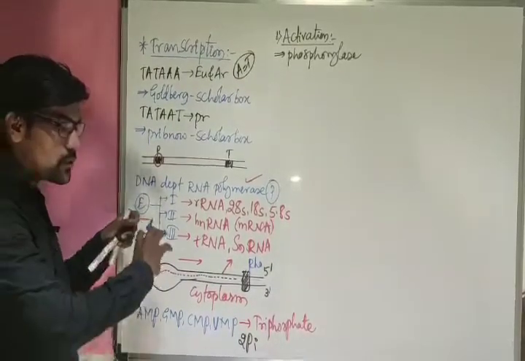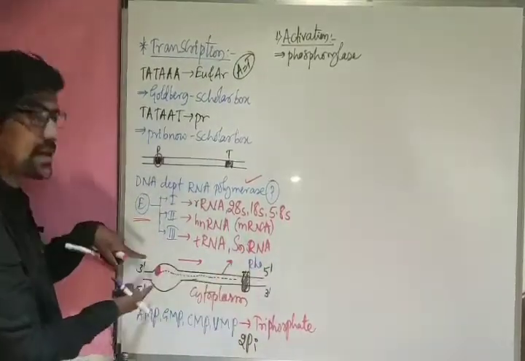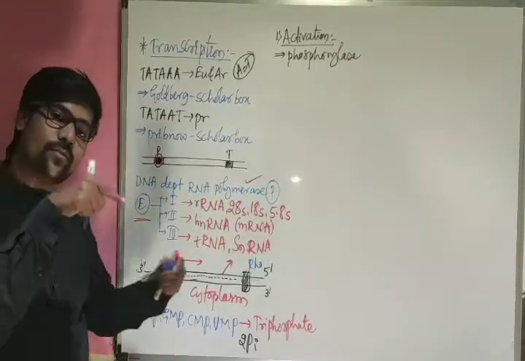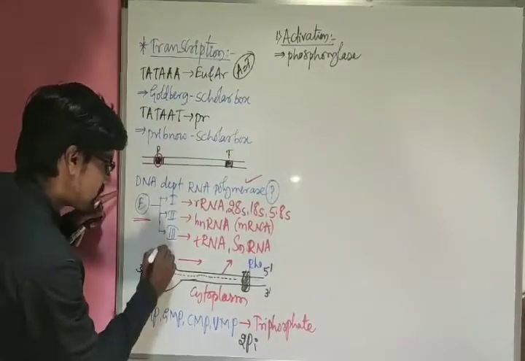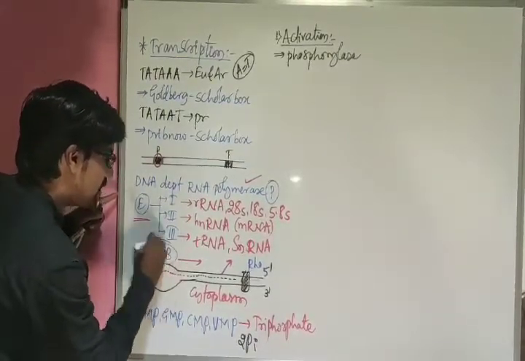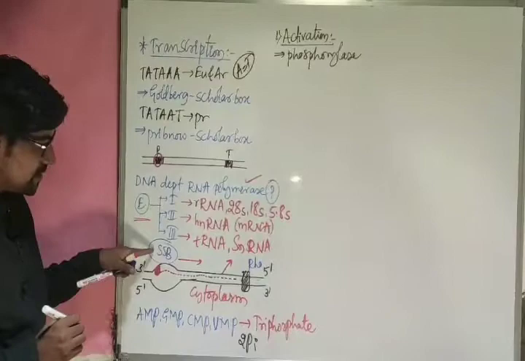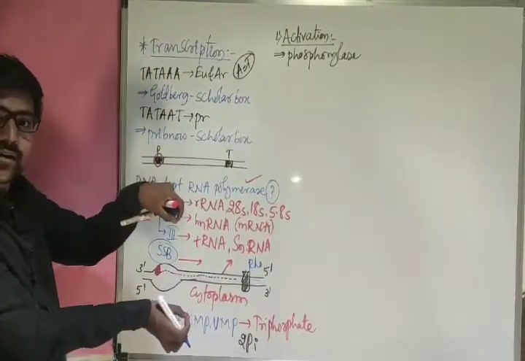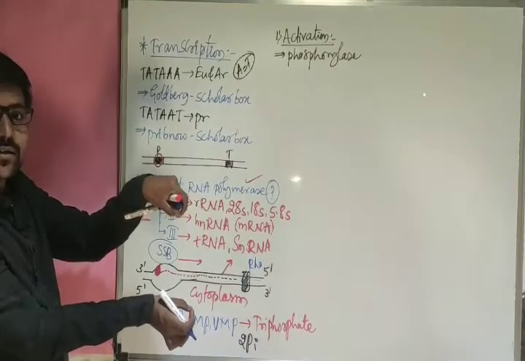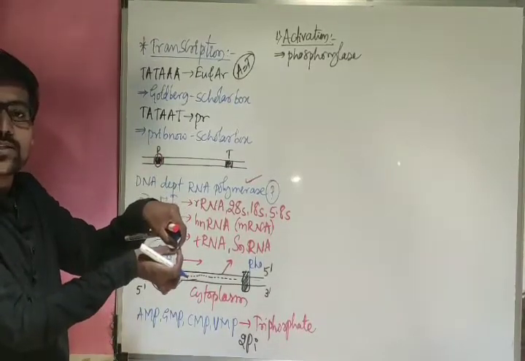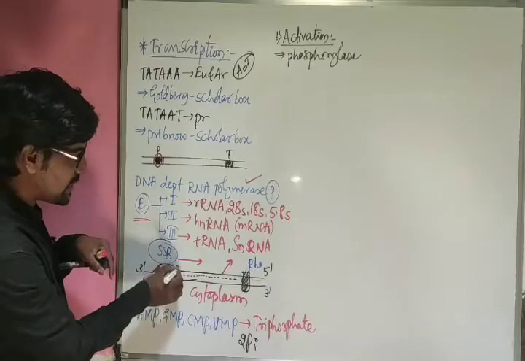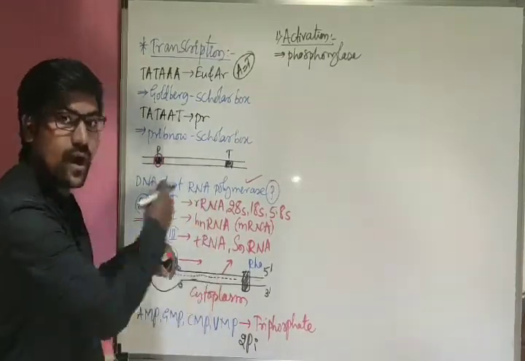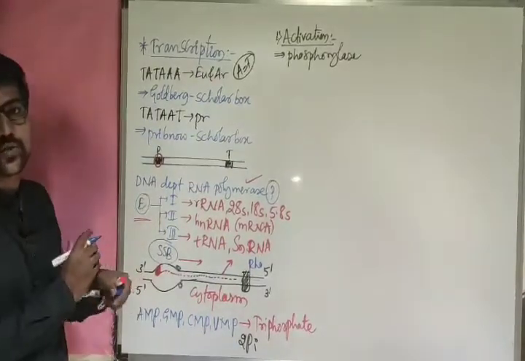Now when the process is continuing here, from the back side the unwound DNA again rejoins here. So at the time of rejoining, whatever attached SSB proteins are present here. What are the SSB proteins? Single stranded binding proteins. They help in keeping both the strands apart. That means they will not rejoin both the separated DNA strands. Such kind of proteins get attached here, they get removed, then the DNA is going to rewind as the process is going to continue here.